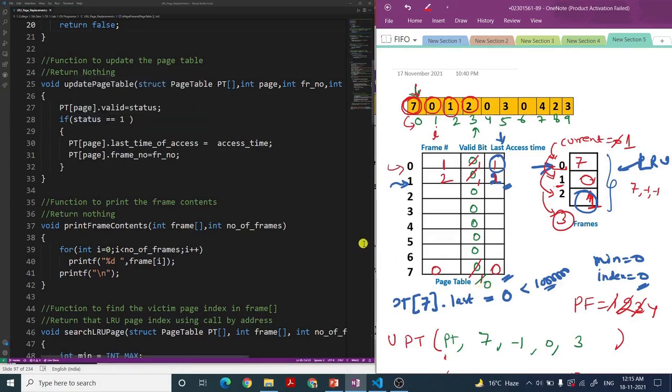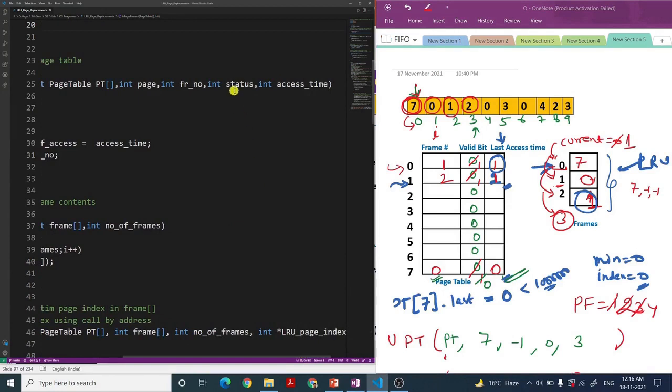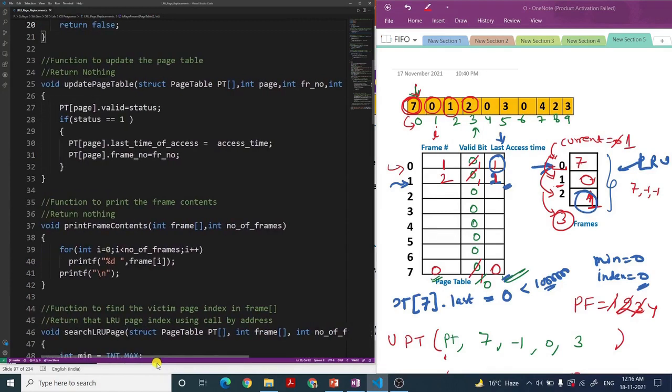Now you see, I am saying frame number and last access time should be touched only when the status bit is going to be valid bit. But the status bit that I sent from the main function was actually 0, the last fourth bit is 0. So I should not touch the frame number and last access time, although I passed them. That's why I said these things will not actually be touched.